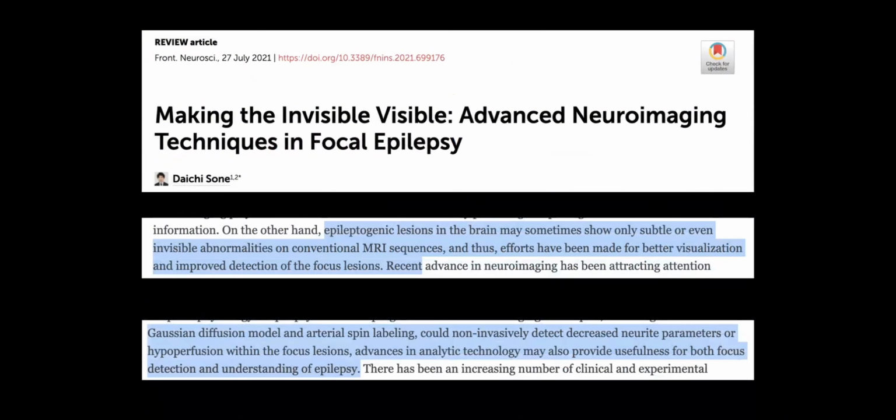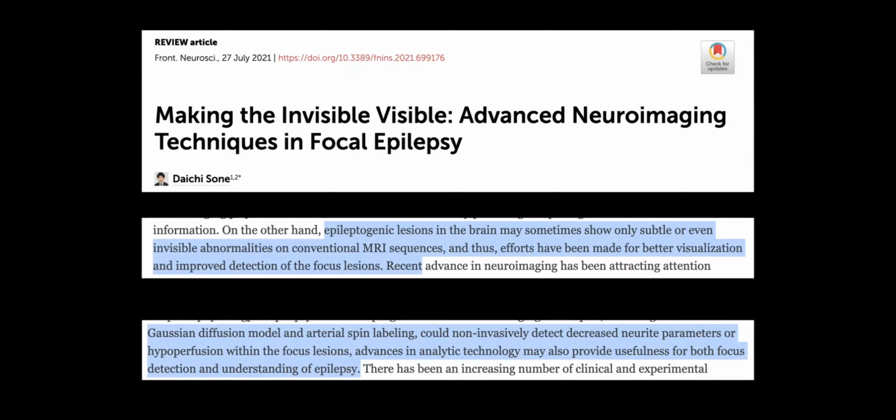And of course, this is not a new idea. This is not an idea that we just talk about with traumatic brain injury. We talk about it with other conditions in neuroradiology and neurology, such as epilepsy. Epilepsy isn't always due to traumatic brain injury, even though there's a tight link between the two. Epilepsy can often arise due to other reasons. They can be congenital, they can be due to other underlying causes. But the idea that we can use advanced neuroimaging, imaging that goes beyond conventional structural assessments, to identify abnormalities in the brain is something that's been written about in other literature.